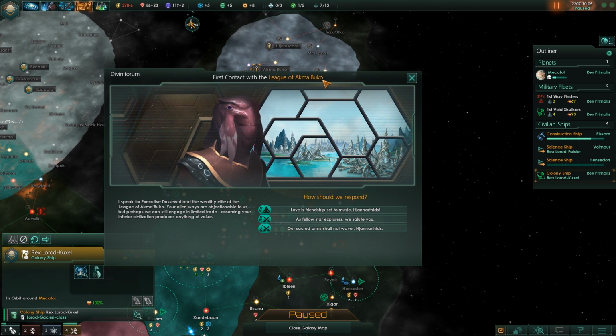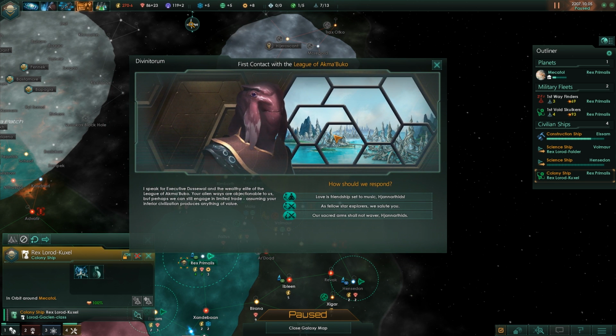First contact with the League of Akamabuko. I speak for the executive Dusselwal and the wealthy elite of the League of Akamabuko. Your alien ways are objectionable to us, but perhaps we can still engage in limited trade. Assuming your inferior civilization produces anything of value,